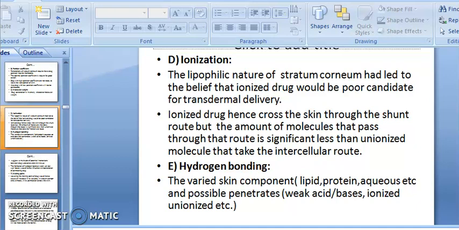Hydrogen bonding. There is a bonding between hydrogen. The various skin compounds, lipid, protein, aqueous, etc., are possible to penetrate weak acid, base, ionized or unionized drug. These